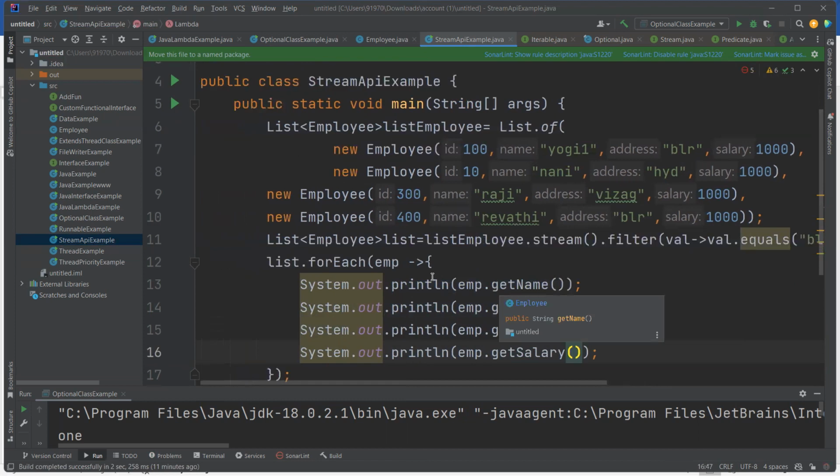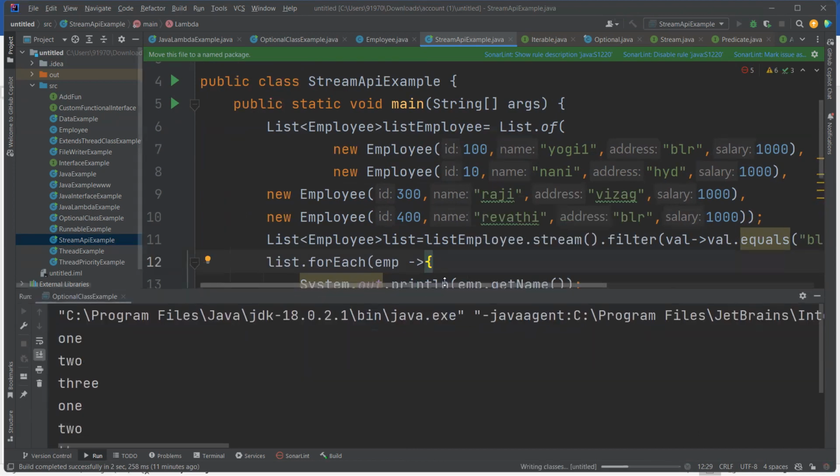Now see, it will print only those who are staying in Bangalore. Those only we are collecting. See